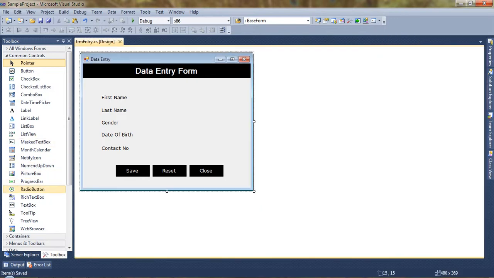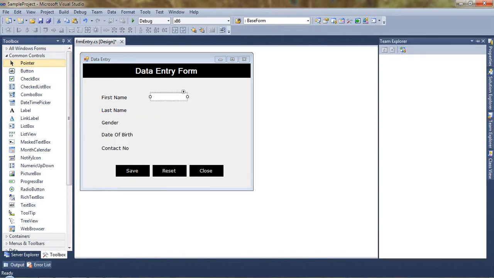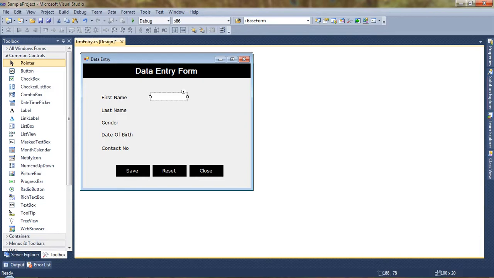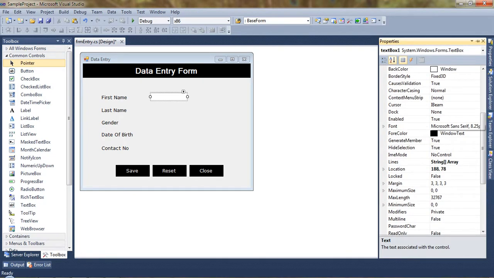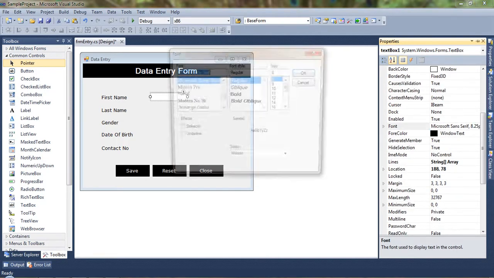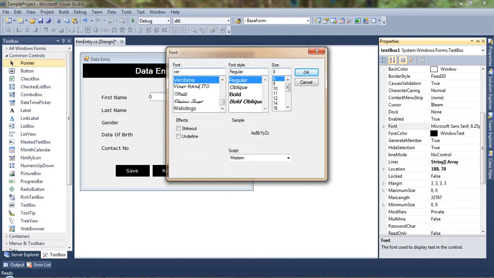Now we'll add a text box to get input from the user. So I will add the text box. I have added a text box here. I will add another text box. We'll change the font to Verdana. So we'll select the text box, press F4 to get the properties window, and then from the properties font, I will select Verdana